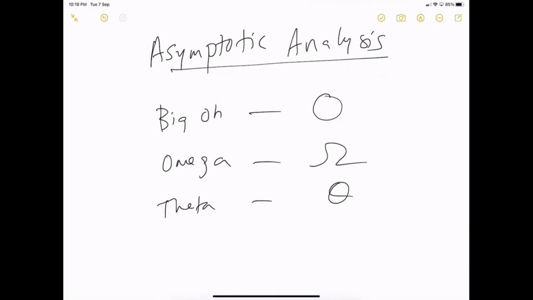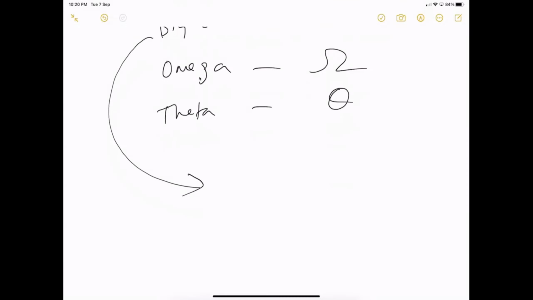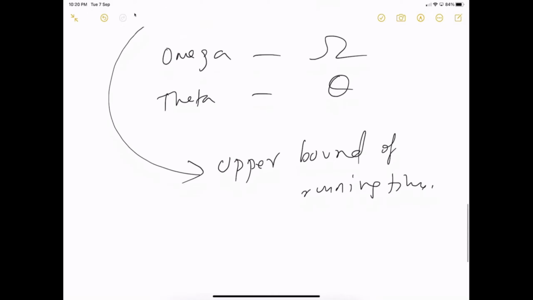So there are three notations: big O, omega, and theta. Big O is used to calculate the upper bound of an algorithm's running time. It is used to calculate the worst case complexity.